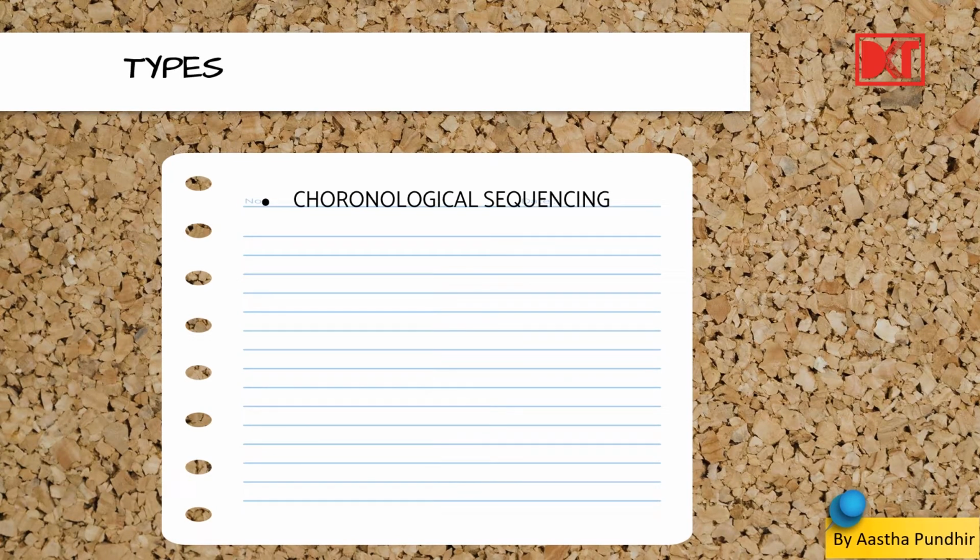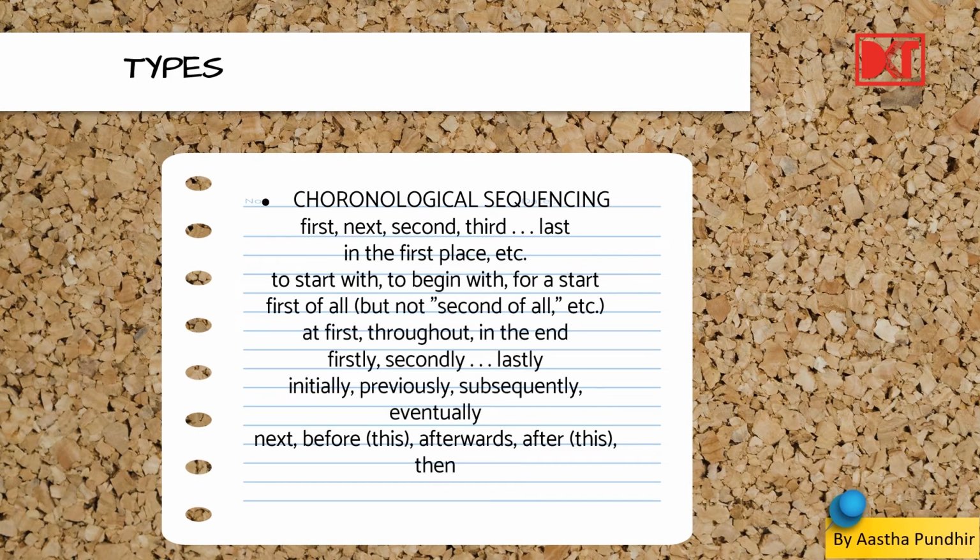So here we have the various types of sequencing. One is chronological sequencing, in which things are explained as they happen one after the other, like first, next, second, third, last, in the first place, etc. We've given more